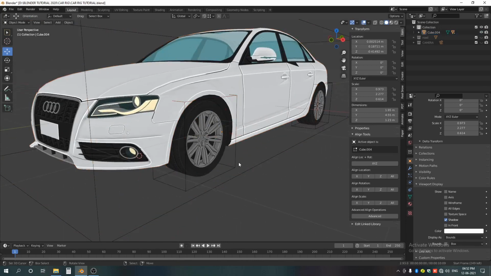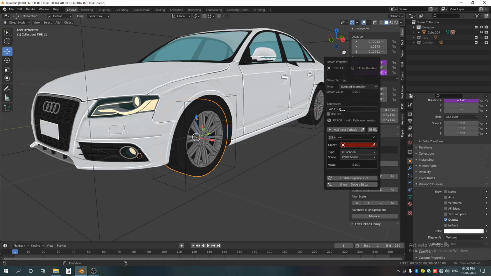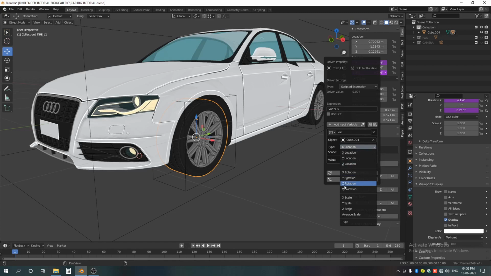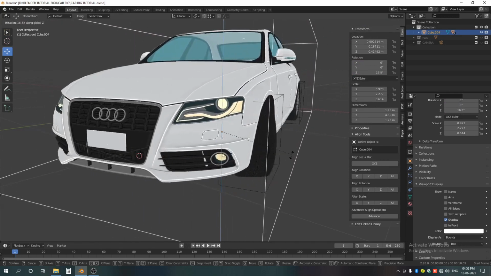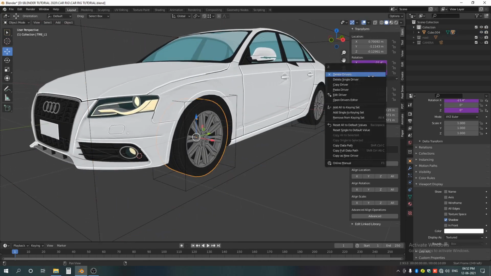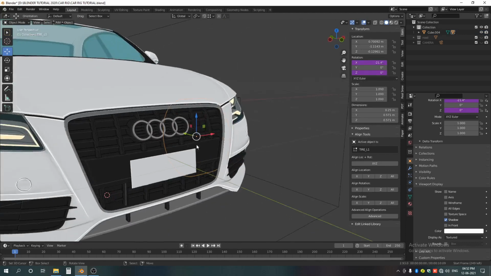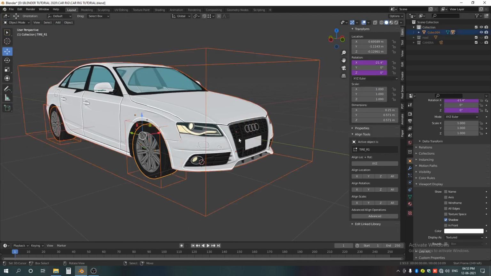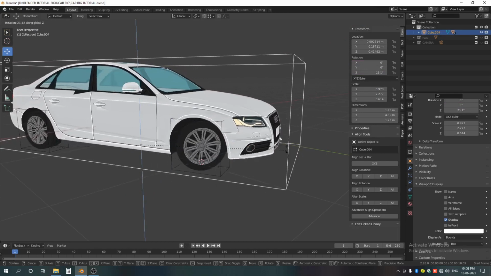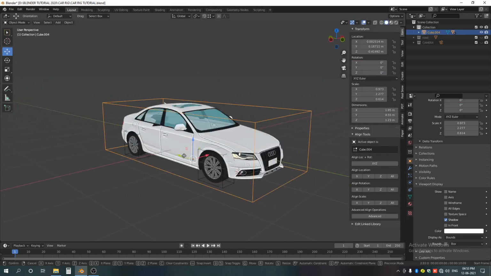And now if you need, you can rotate our front tires. So to do that, we add another driver in Z rotation, multiply by 1.5 or a value which you like, add Cube 4, which is our biggest box, and add Z rotation. Now if I rotate my big box, you can see that my tire is rotating. Okay, and we just copy this driver and paste it here in the second front tire. Paste, and you can see that my tire is rotating and it's moving.